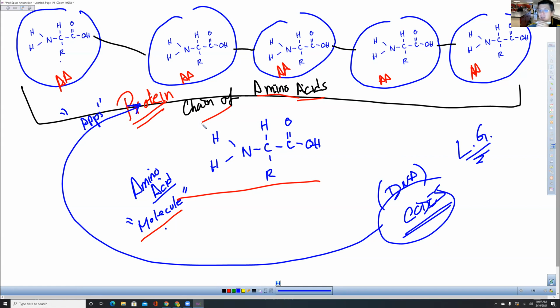So go ahead and write that down. Everybody type it in the chat so I know what the learning goal is. Type the learning goal in the chat. At the end of today, you should start having an idea of how the cell uses codes to build the protein. Okay, that's the learning goal today. So type it in the chat.